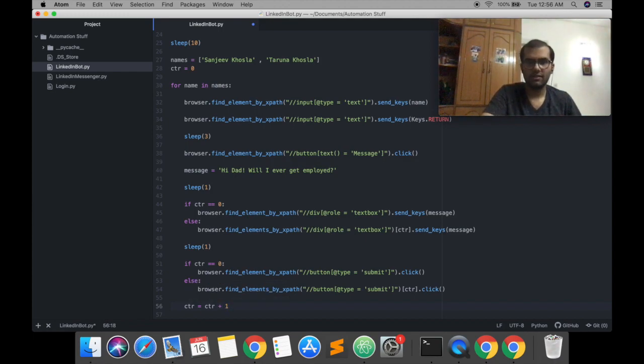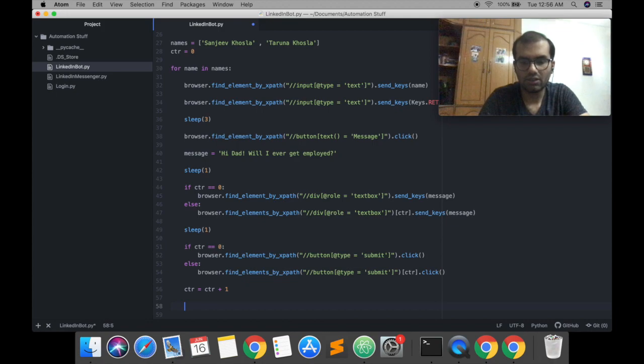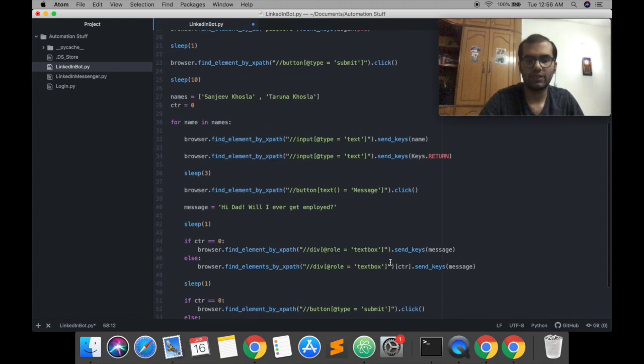And this should actually do the entire trick and go through all the names everywhere. If you want to, after we've pressed submit, we can sleep for a while just to make it function smoothly and not cause any errors in the middle. So you can let it sleep for say a second, and this should actually be your final code.